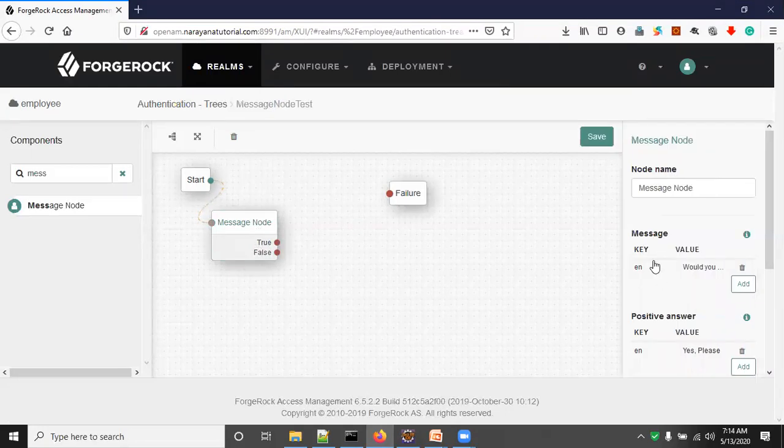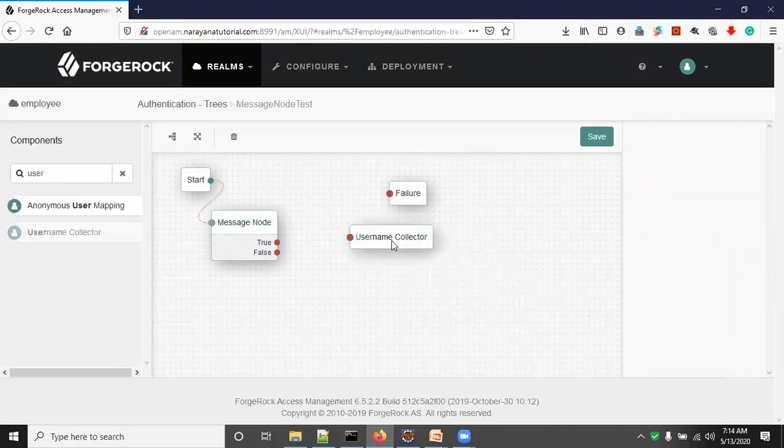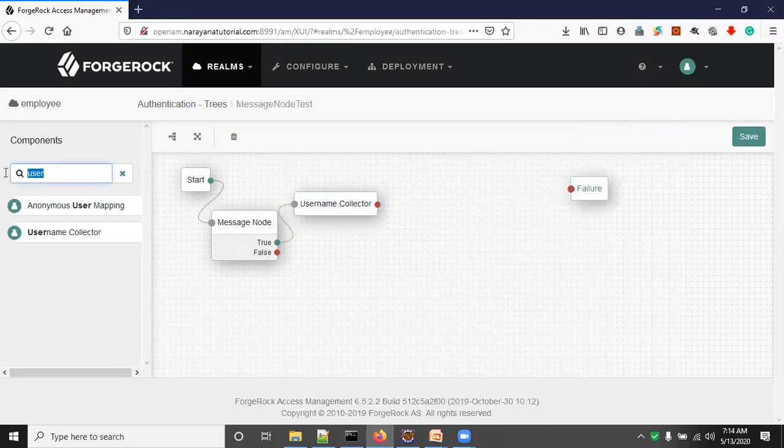If the user answers with the positive answer, yes please, it means they have to log in with OTP. For this we will take a username collector, true goes to username. After username, we will generate the OTP.